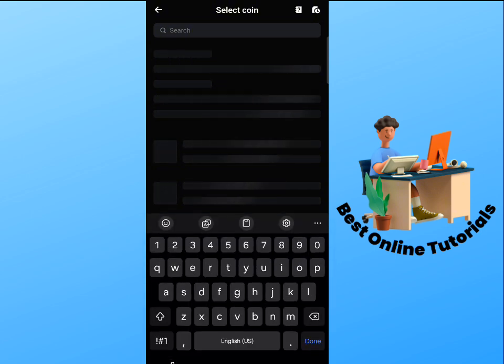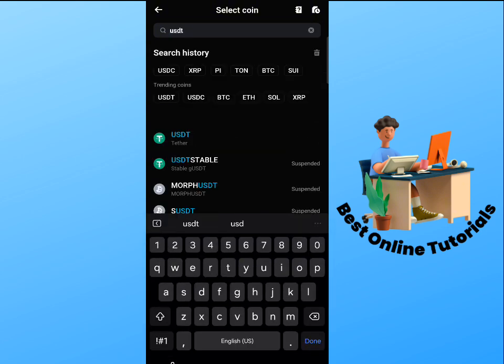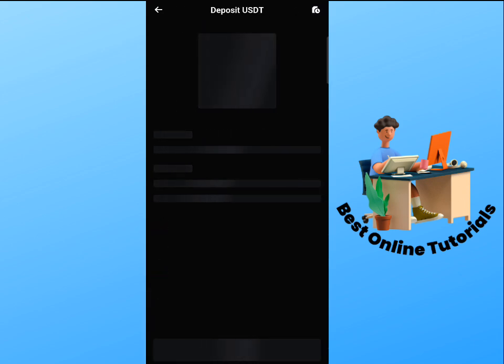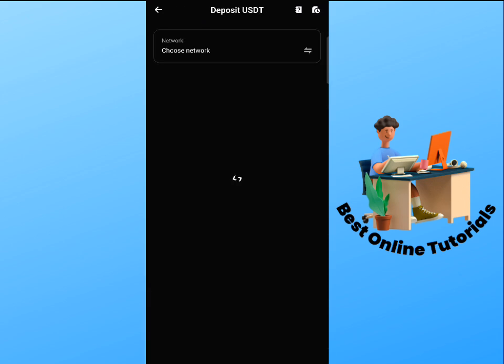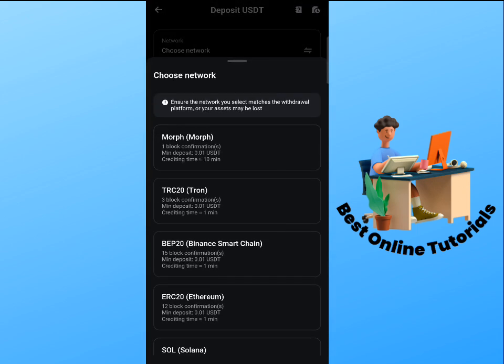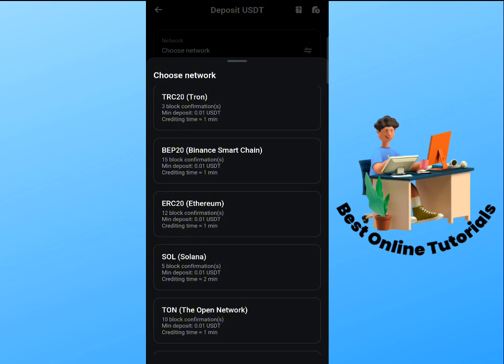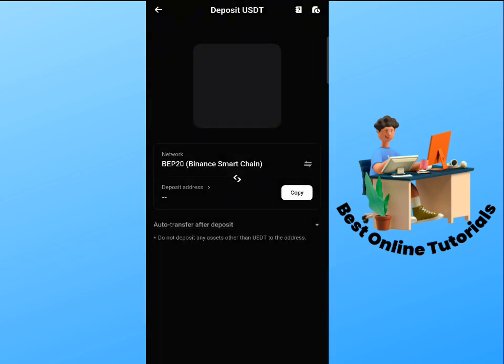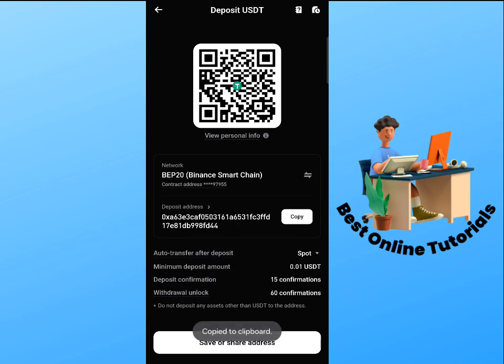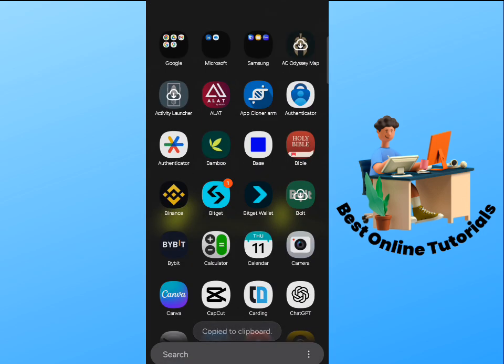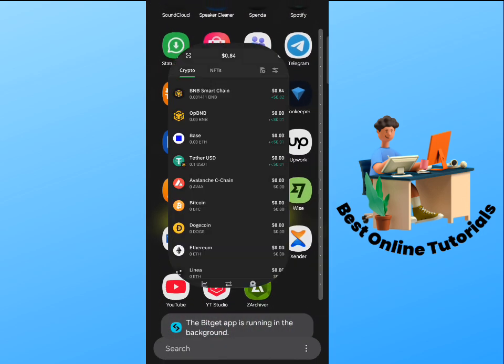Once you've clicked on Deposit Crypto, the next step you're going to be taking is really easy. We're going to be using the search to search for USDT. Once you've searched, go ahead and click on USDT and then simply select the USDT on the network we need. And that network is the BNB Smart Chain. That's the BEP20 or the Binance Smart Chain. Click on this and simply copy the address that's provided, minimize, head back to Trust Wallet, open up Trust Wallet,